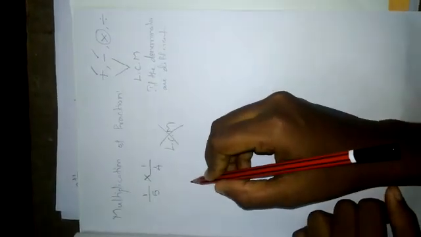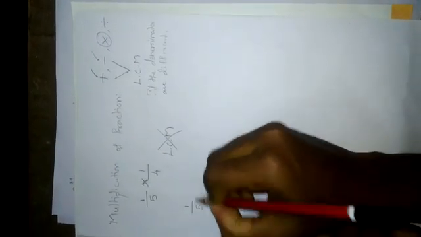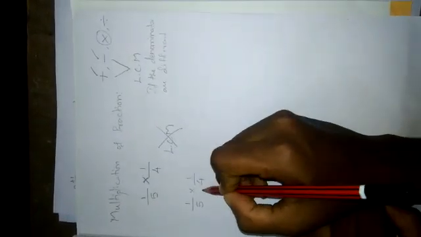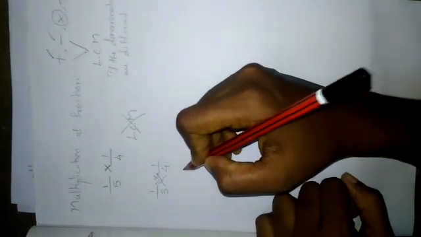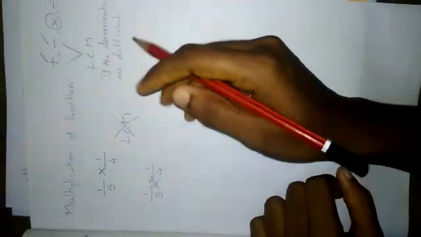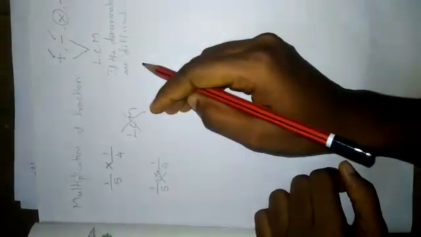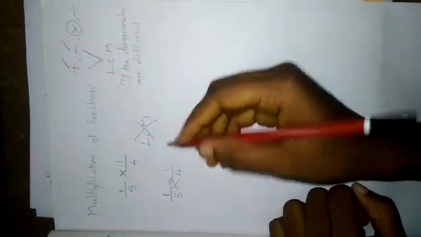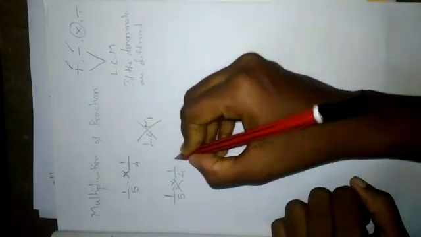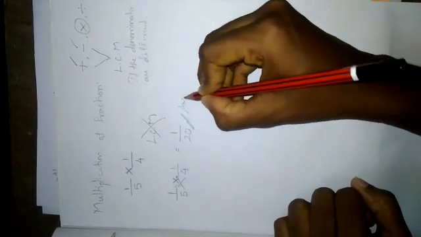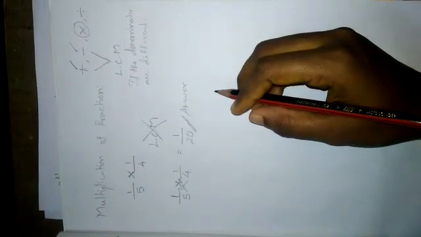So how is it possible? Just see now, 1 by 5 into 1 by 4. You can do cross multiplication also. You can cut the denominator and the numerator in the multiplication. And the same rules will be applicable for division, which we will see later. As we know, 5, 4, 1 are not in the same table. So directly I am going to write 1 into 1, 1, and 5 into 4, 20. This is the answer. So multiplication is very easy.